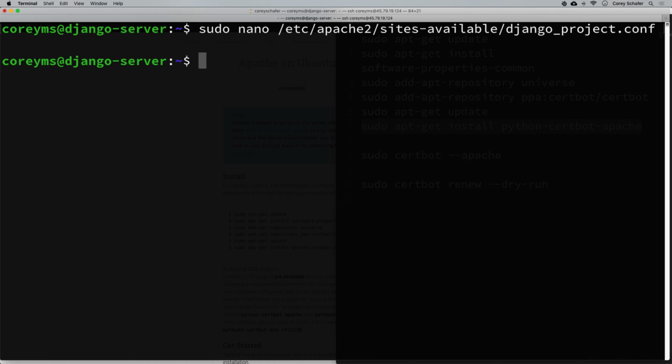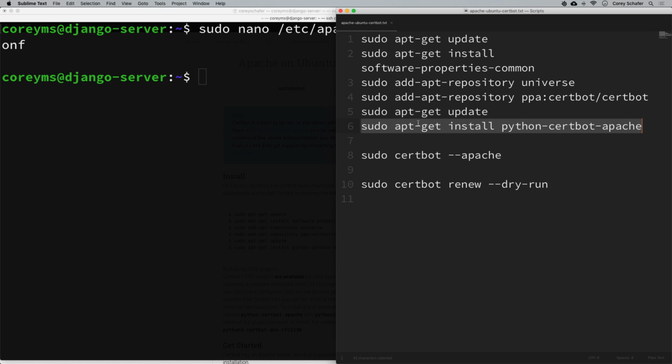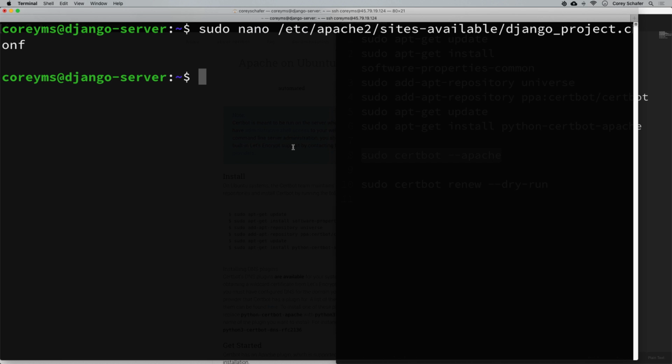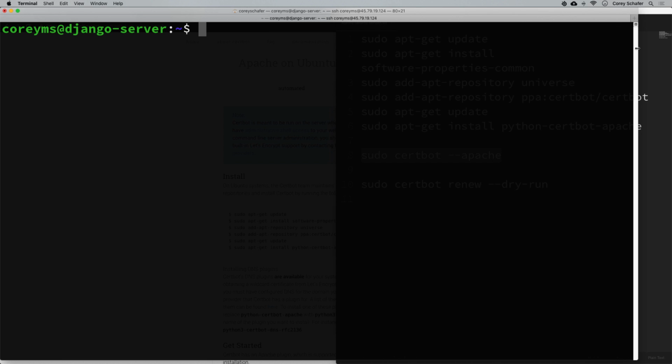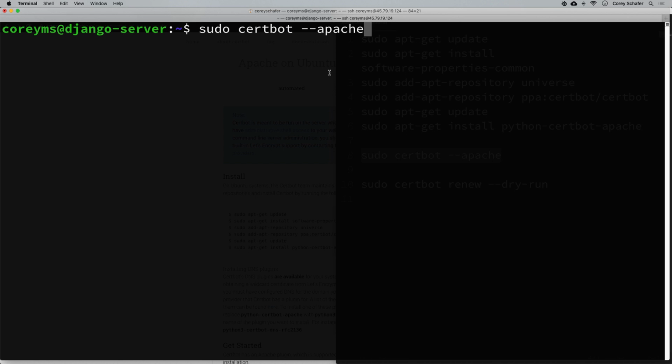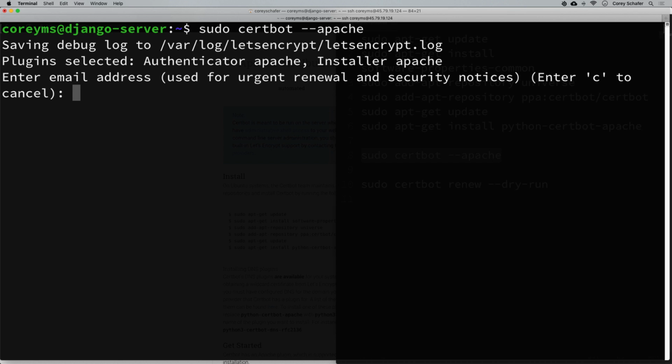Okay, so now I'm going to run the certbot command for Apache, and this will automatically update a lot of our configurations to work with these certificates. So that command, if I look back at the text file here, is sudo certbot --apache. So I'll copy that. Let me clear my screen here. I'll make this large again, and I will paste that in. And now it's going to ask us a couple of questions here. So you can see that it's saying to input our email address. So I will just put in my email address,